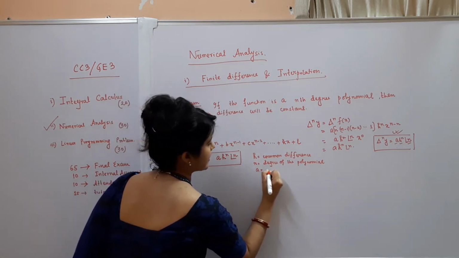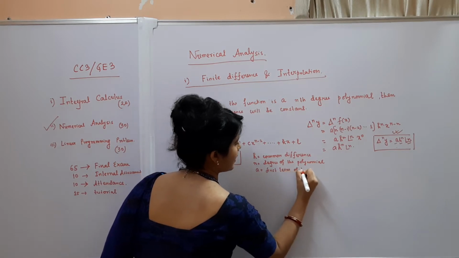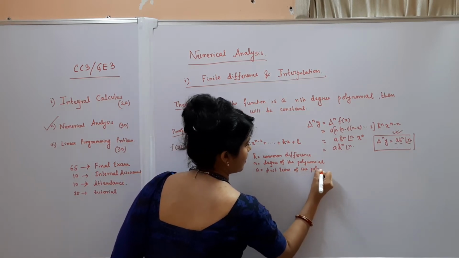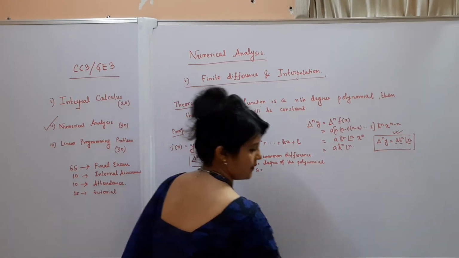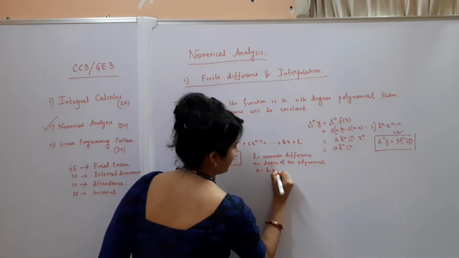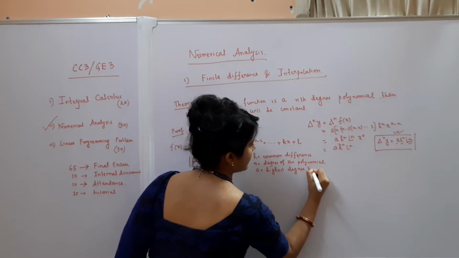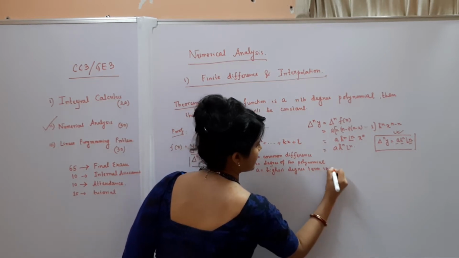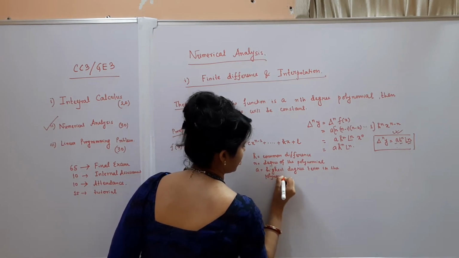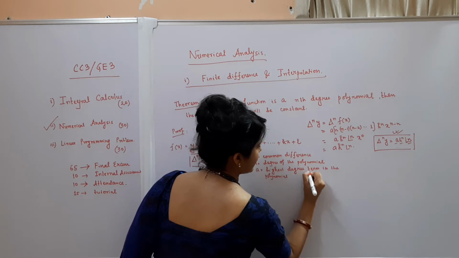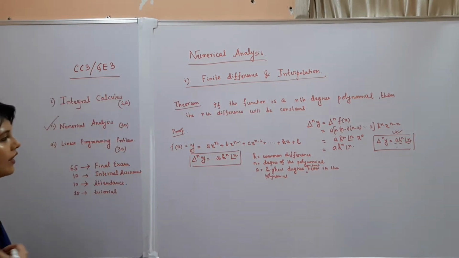and a is the first term of the polynomial. First term, not the first term, highest degree term of the polynomial. Highest degree term in the polynomial. Highest degree constant term, okay, constant term in the polynomial. Okay, now